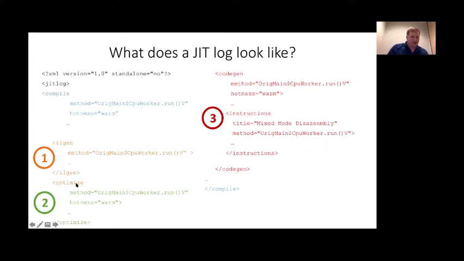And optimize, sorry, I got the color wrong here, it should have been green for optimize, also documents what the method is and its hotness, and then it will show that sequence of trees, as I mentioned, and any sequence of optimizations and what the trees look like when any change is made. And then finally, there'll be a code gen stanza that shows how the code is generated, again with the method and hotness. There's a section here, in particular, the instructions section, which will show that mixed mode disassembly that I talked about, which basically gives you the final assembly language, or annotated assembly language, for what code was actually generated